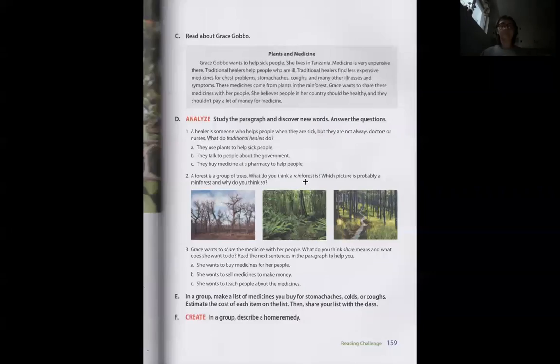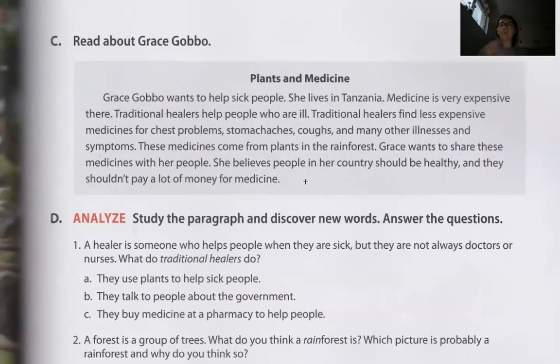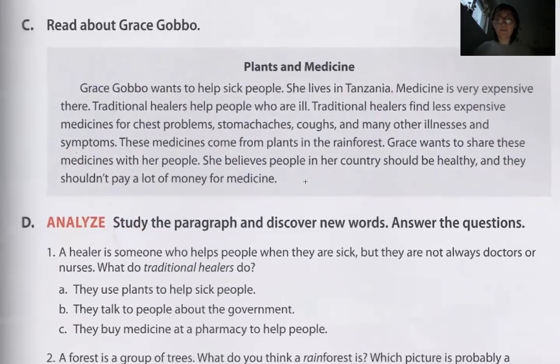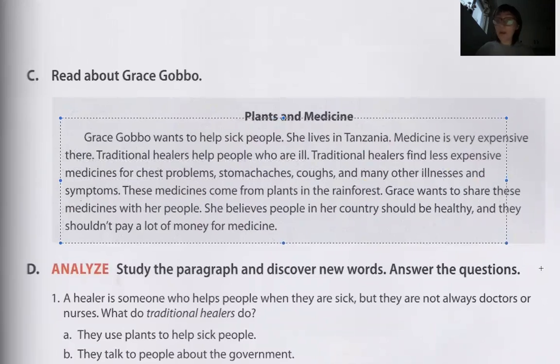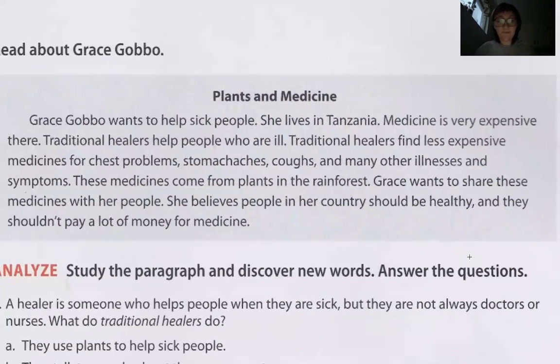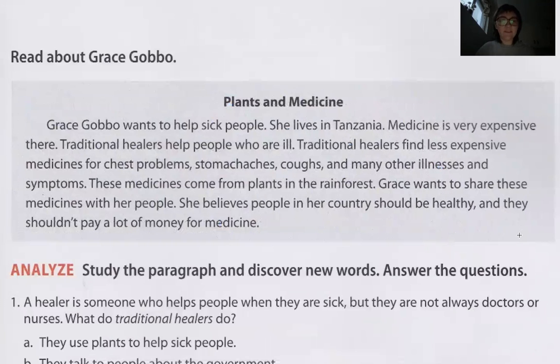Okay, so what we're going to do now is we're going to read this and we're going to figure out what we think it is. Plants and medicine. What do we think this is about? Do we think this is about plants as medicine? Plants we use for medicine? Well, let's go ahead and read it together. Okay. So hopefully this isn't too tiny on your screen. And if it is, you can just listen to me read. So it says,